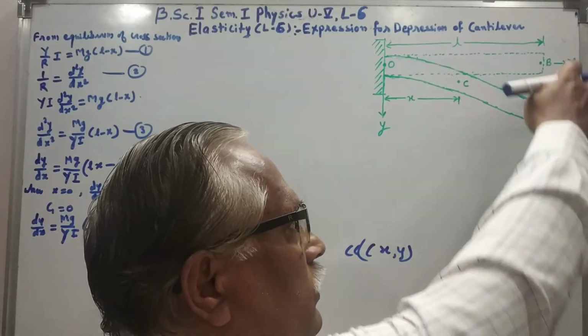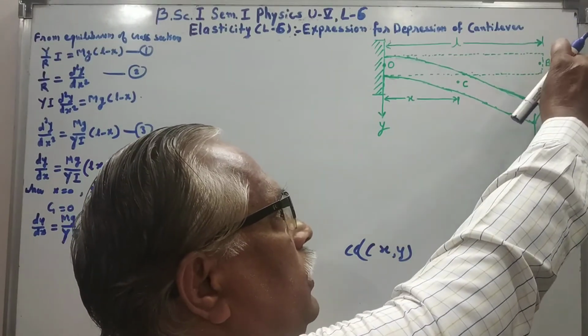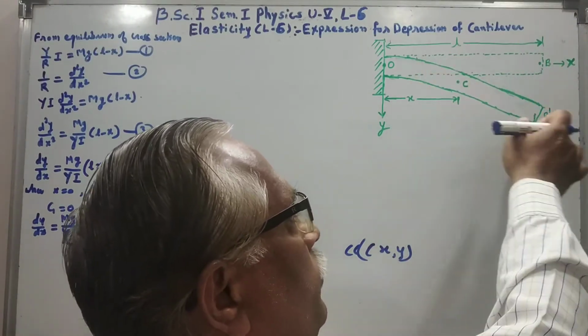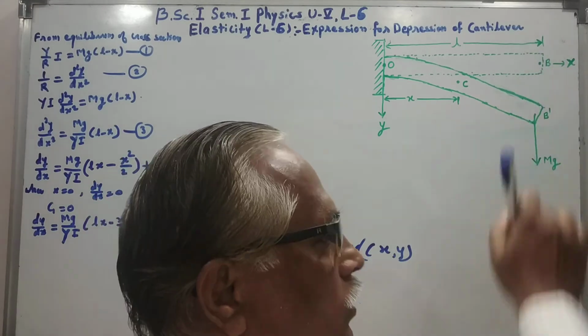Here the beam is clamped horizontally along the x-axis, and so bending is taking place along the y direction. To find the depression y of the neutral axis at point C, that is the depression of the beam at point C,